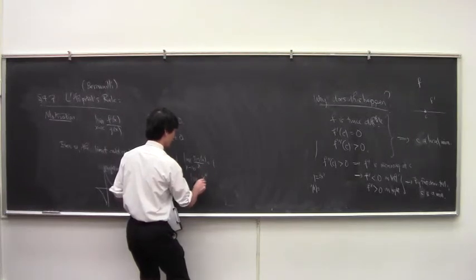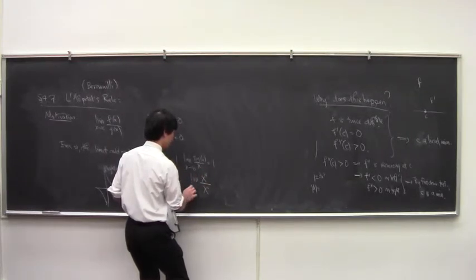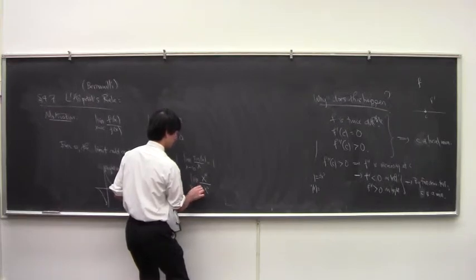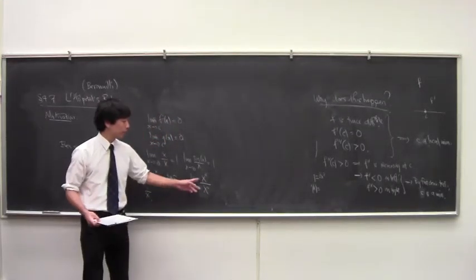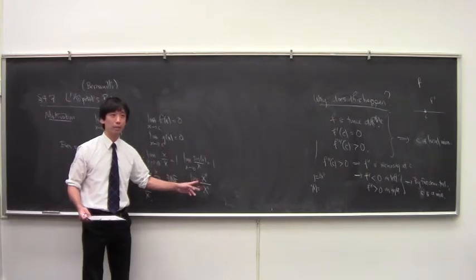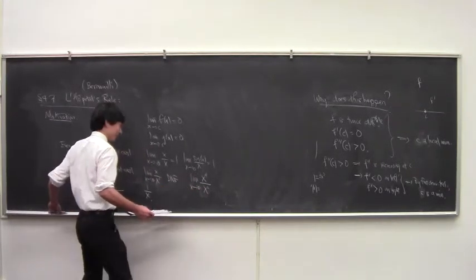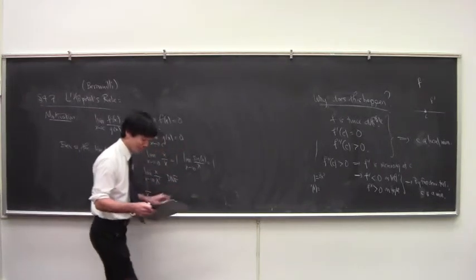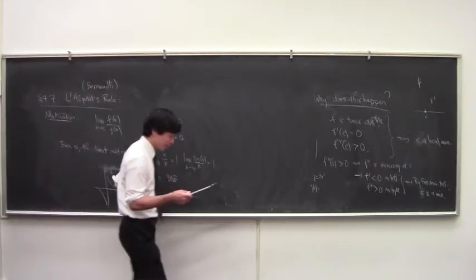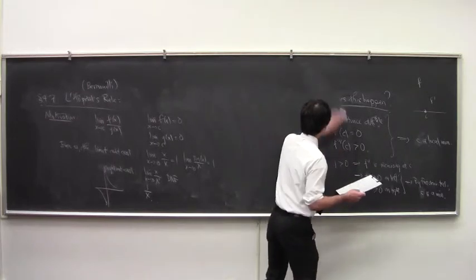x to the 4th over x squared as x goes to 0, right? Well, that's x squared, right? That's x squared as, that actually exists, sorry. Let me erase that one. Okay, in any case, there's a way of checking